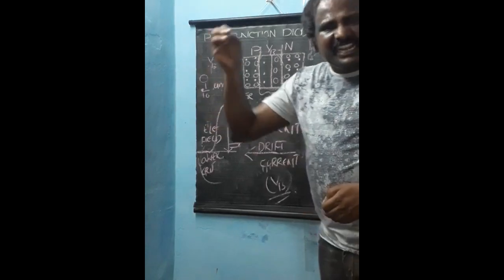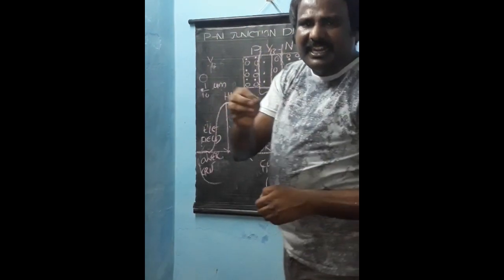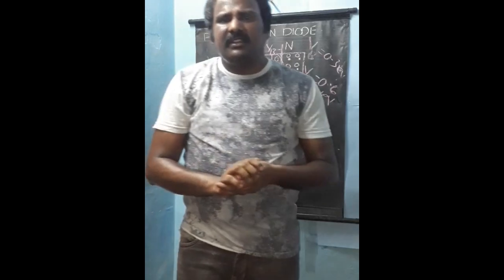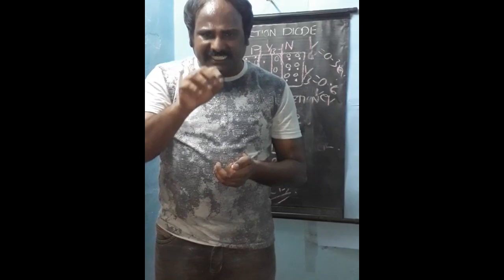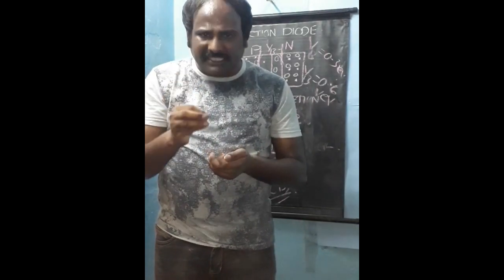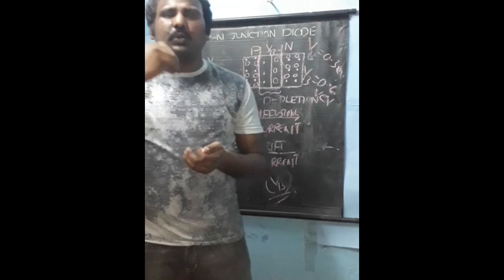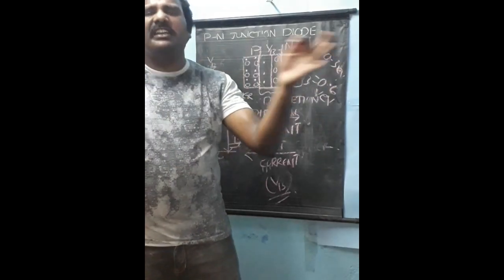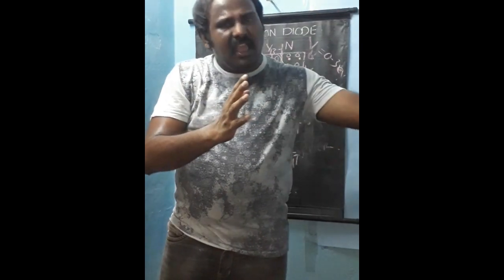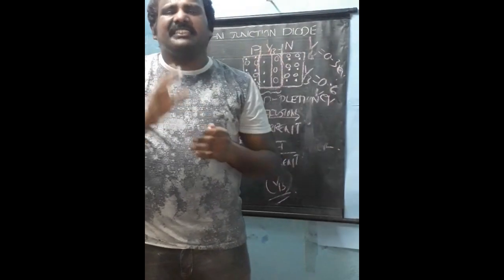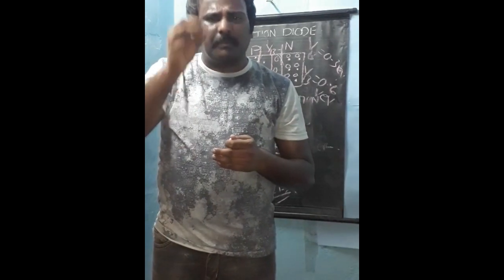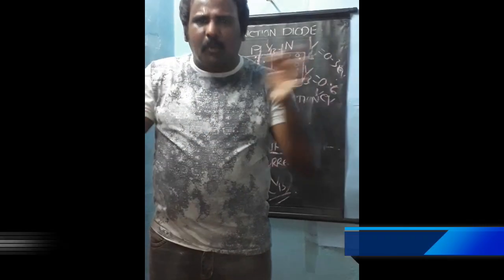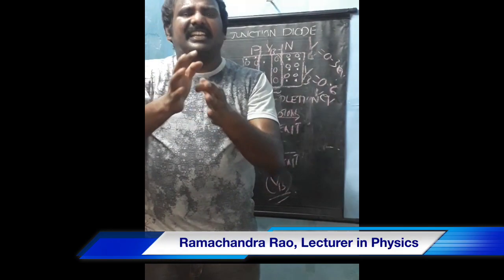Whenever electric field is applied, a potential is developed which is called potential barrier. The main importance of potential barrier is to oppose the further flow of charge carriers. It restricts. It can't make charge carriers move from either P or N. It just restricts. That is the main motto of potential barrier. So potential barrier means nothing but potential which opposes the further movement of charge carriers.